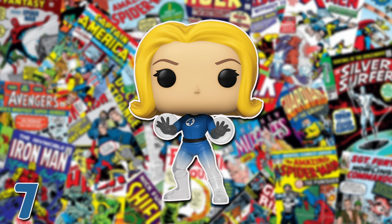In the place of number 7, we have Invisible Woman, which will be a GameStop / EB Games exclusive, and this one nails the design of Invisible Woman. This is the one similar to Human Torch that I was referring to earlier, where there was just a better exclusive version, and this one just nails it. I love how she has the same pose and everything, but it's just that from her legs and up, it's starting to turn translucent, which is really cool. Of course, just showing even more of her abilities in action there, which is a really nice added thing